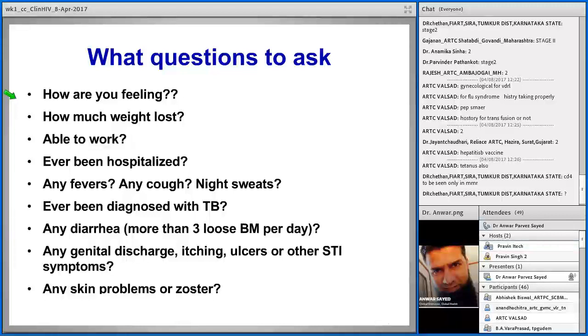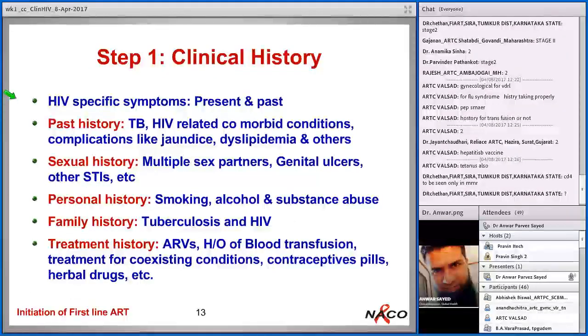Any skin problems or zoster? Now these are very helpful and direct questions which will tell you many things that will be helpful in the management of these patients. Don't just be mechanical at ART centers. Keep your medical skills open and practice them. Use a stethoscope, use a torch, a functional torch should be there in the ART center, and see their oral cavity, examine the genital area for STIs and other things. Especially for new patients, you need to do a thorough examination. You should have that facility at least in your ART clinics, curtains and other things which are required.